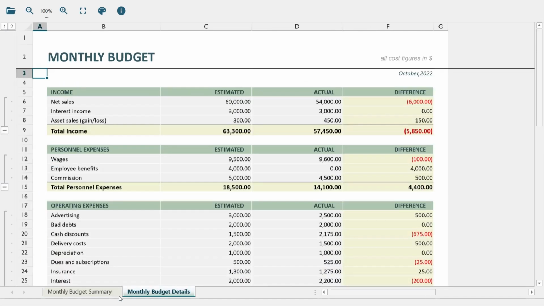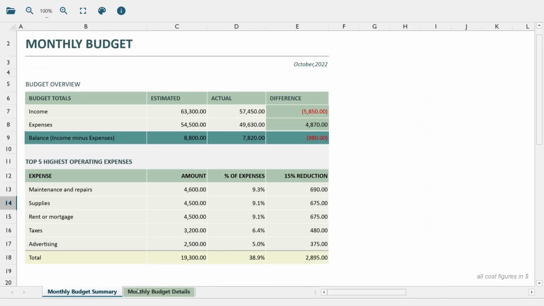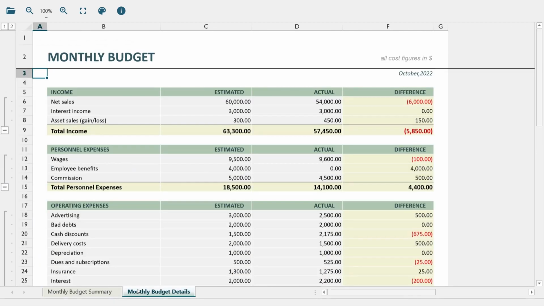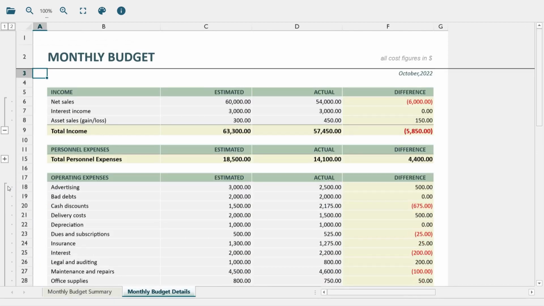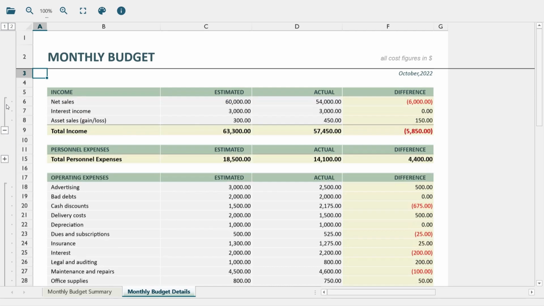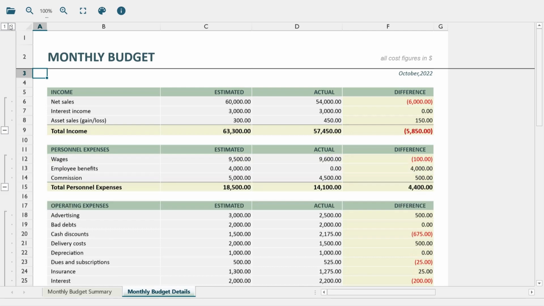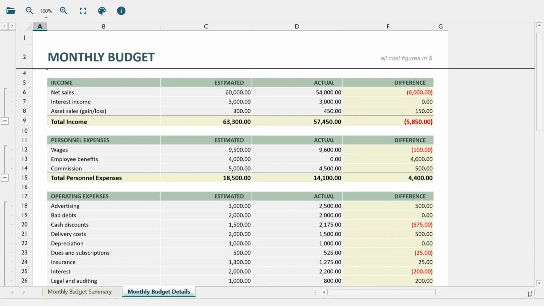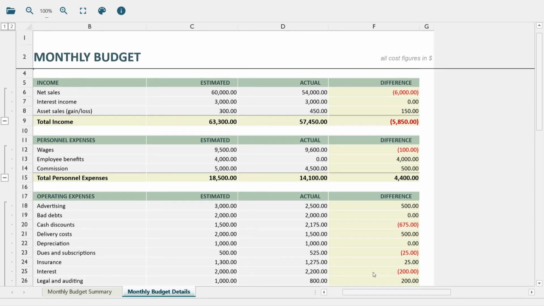You can switch sheet tabs, view grouped content, scroll content, and view frozen rows, among many other Excel features.